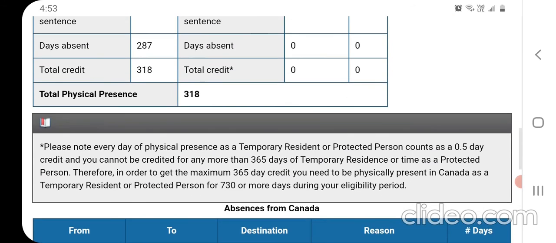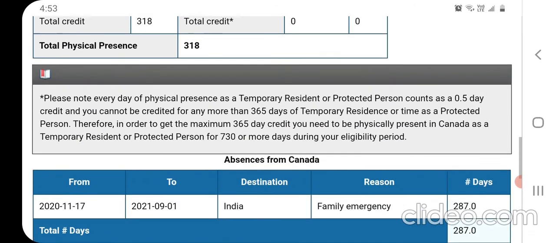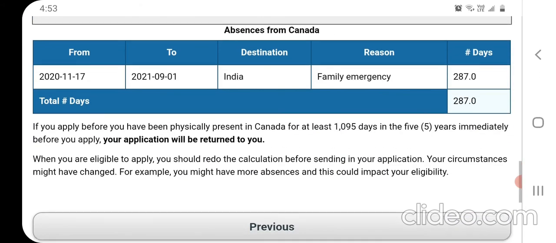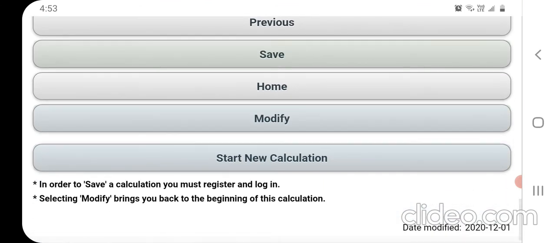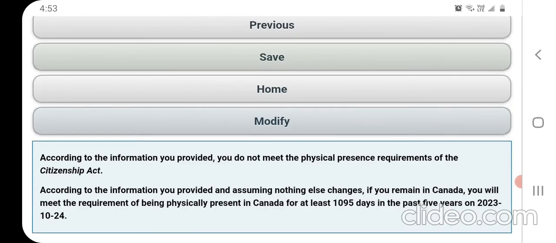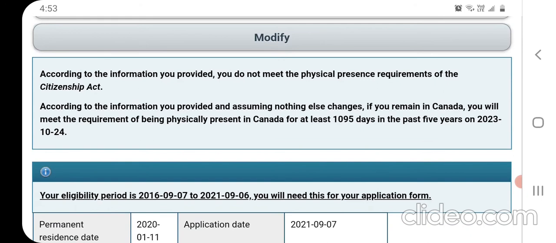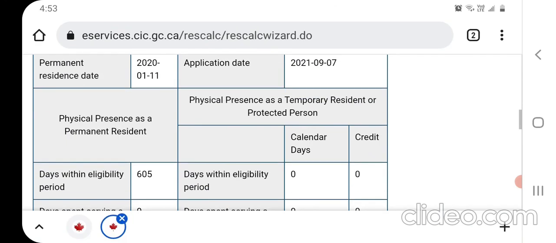So I know now that I have spent these many days, and if I remove these many days from 1095 days, I'll know how many more days that I have to spend in Canada to be eligible for applying for citizenship. It is very simple. The submit and calculate multiple buttons might make you confused for a minute, but it's very easy. So for example, if you have gone on vacations multiple times in the last 5 years,